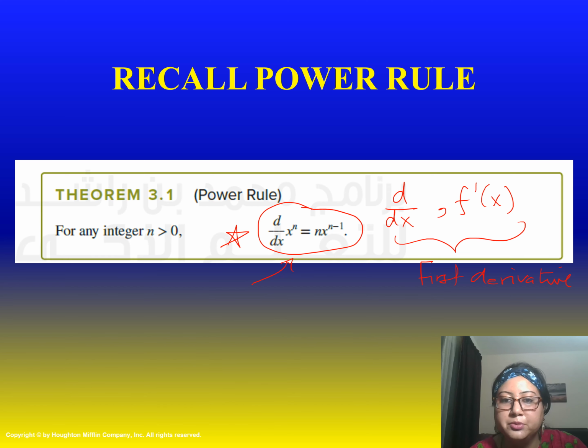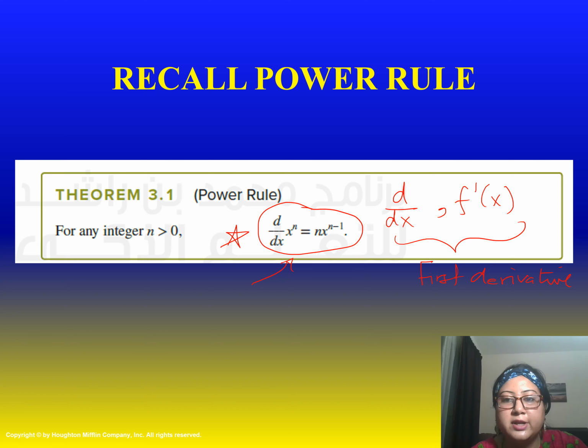This is your power rule, and again this power rule is valid when you have a variable like x raised to some power. So if the power is n, for example, because we are just giving the general rule here, the derivative d by dx of x to the power n would be n times x to the power n minus 1. So what happens is the power comes down, and in the variable the power gets reduced by 1. This is the way you are going to be remembering this formula and then using it wherever applicable.